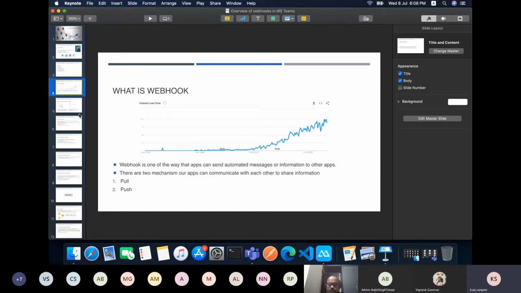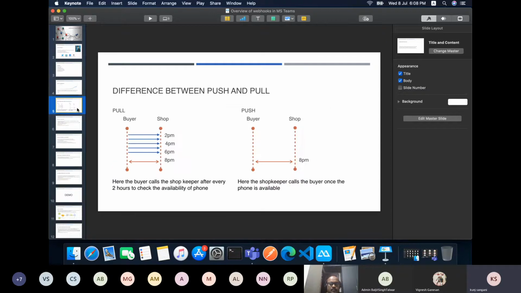To understand it, let us take a real life scenario. Consider I want to buy a phone. I go to a store, but the vendor informs me that the phone is not available. Now, in this scenario, I have two options. One, take the phone number of the vendor and call him every day to check whether the phone is available or not.